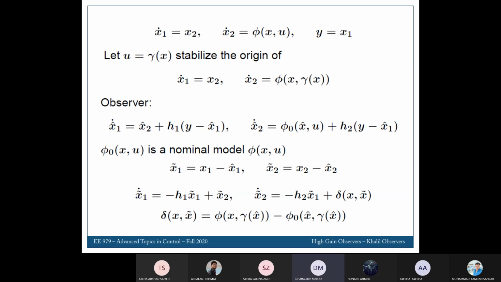That means the estimated x1 approaches x1, and the estimated x2 approaches x2, while there is a system difference between the actual system and the nominal system, by choice of these